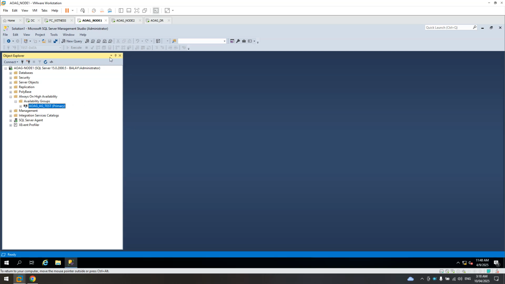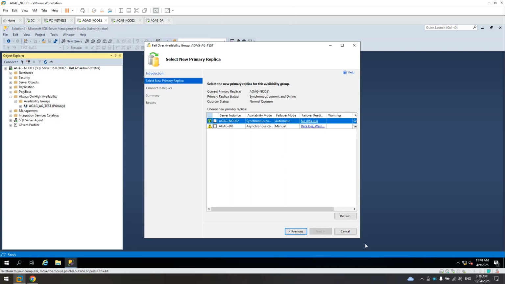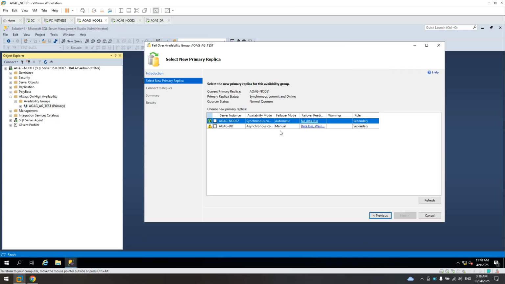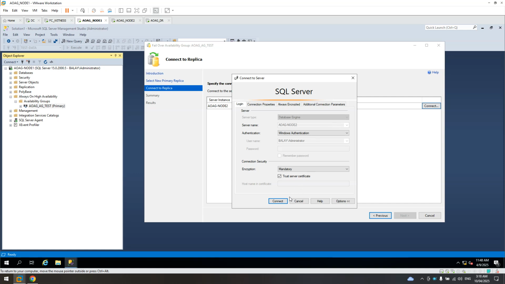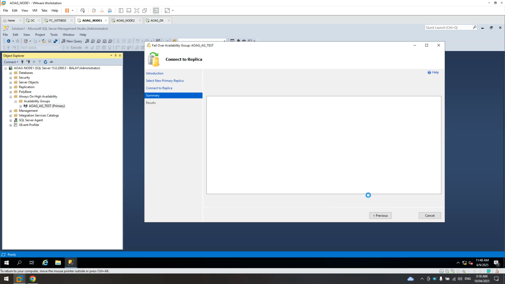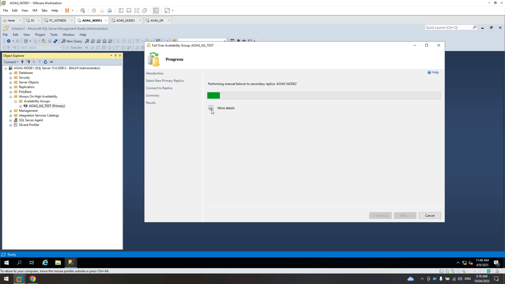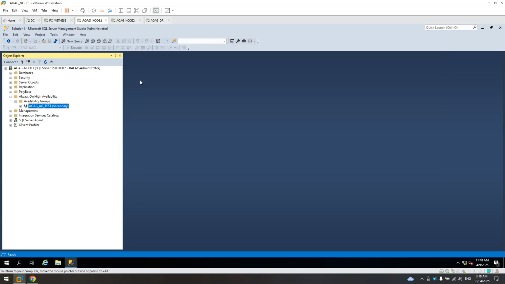Let's failover to secondary node, because this is synchronous. Connect. Good.